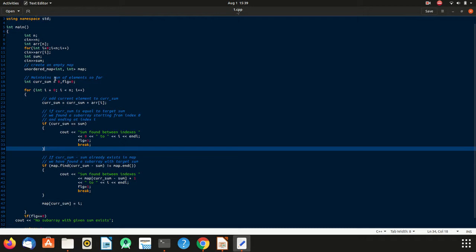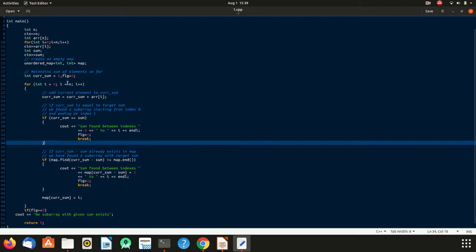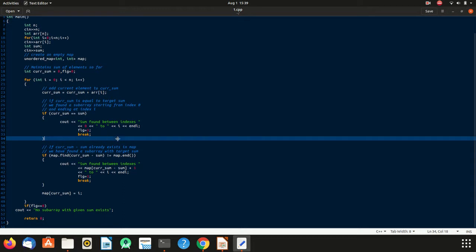The key is the current sum, which we initialize to 0, along with one flag variable, and we iterate through the whole array, adding arr[i] to the current sum, meaning the sum up to that element. If the given sum is equal to the current sum, then we simply print that the index position is from 0 to i.